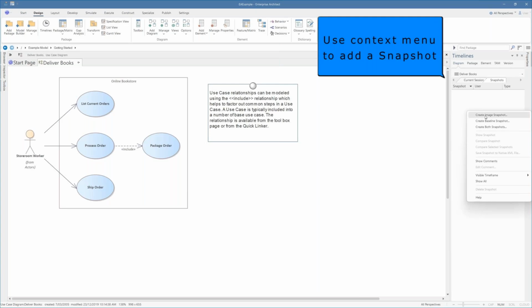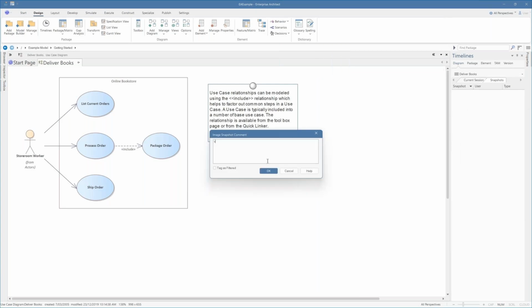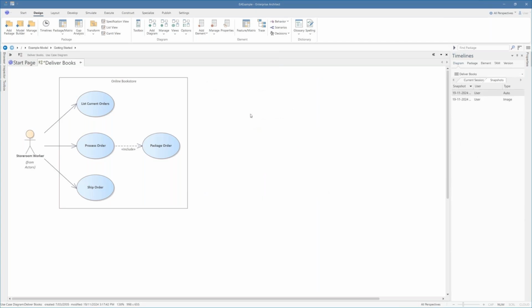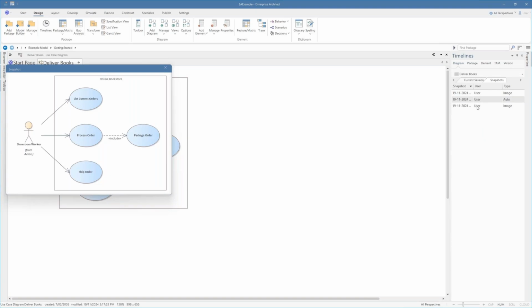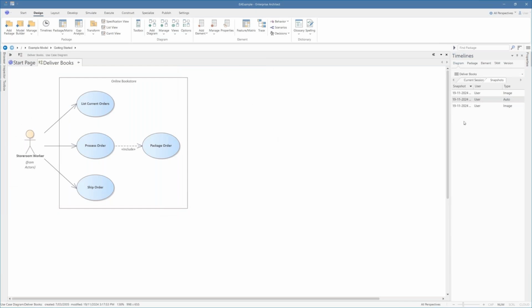You can use the context menu to add a snapshot, and when you add a snapshot, you can automatically add a comment. So you can say this is version 1, version 2. You can provide information about what editing or context you're providing, and by providing additional detail, it makes your snapshots make sense, especially when you have multiple users and multiple people adding to a diagram. Not all of those users will necessarily have full context, so the more comments and information you can add,